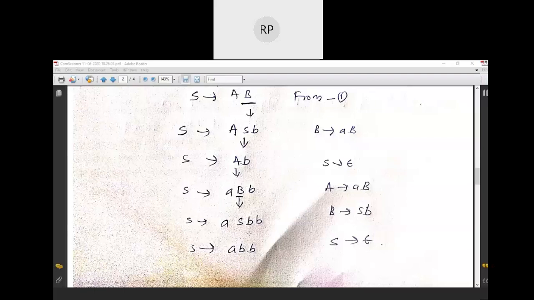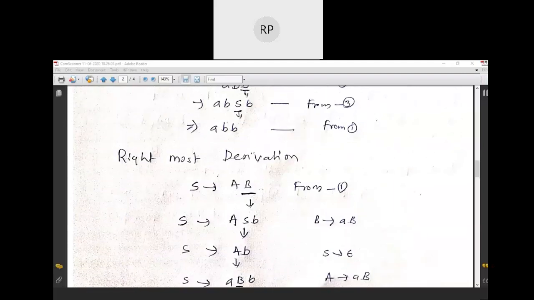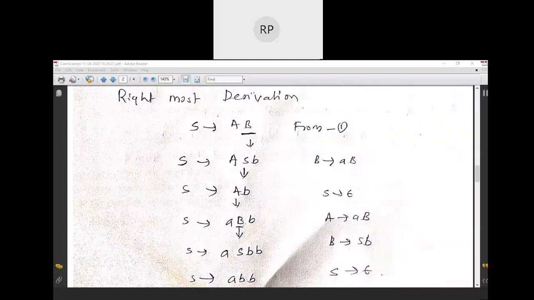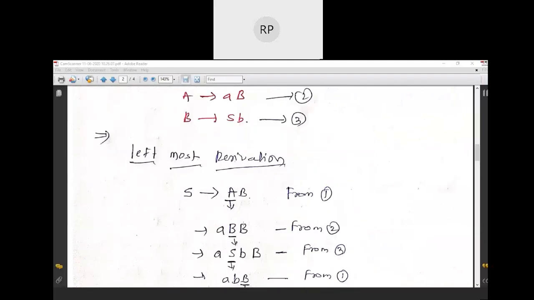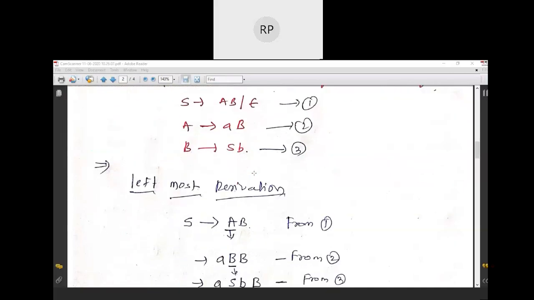The only additional thing you have is S. Now you need to replace this S with epsilon, so that you are going to get the required string. Meaning you have obtained this string with this particular grammar. This is called the rightmost derivation. And this is how you can get the leftmost derivation and rightmost derivation for a given string.